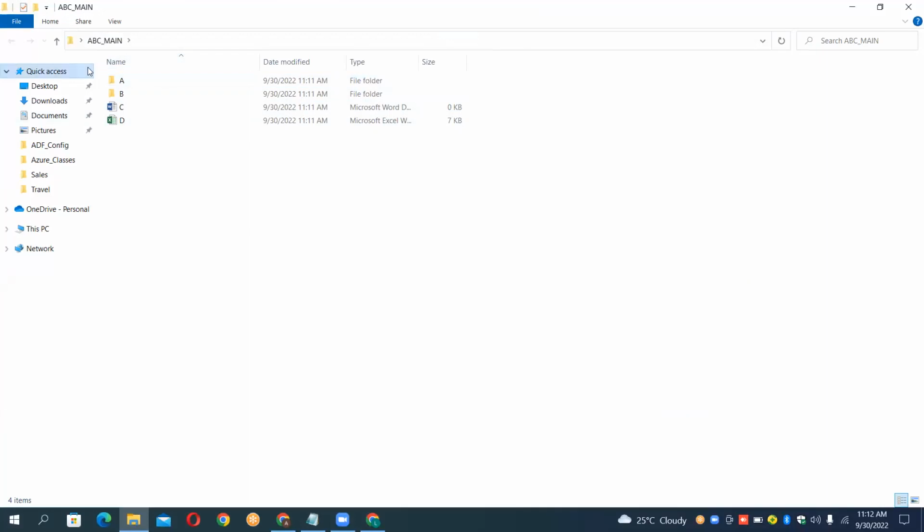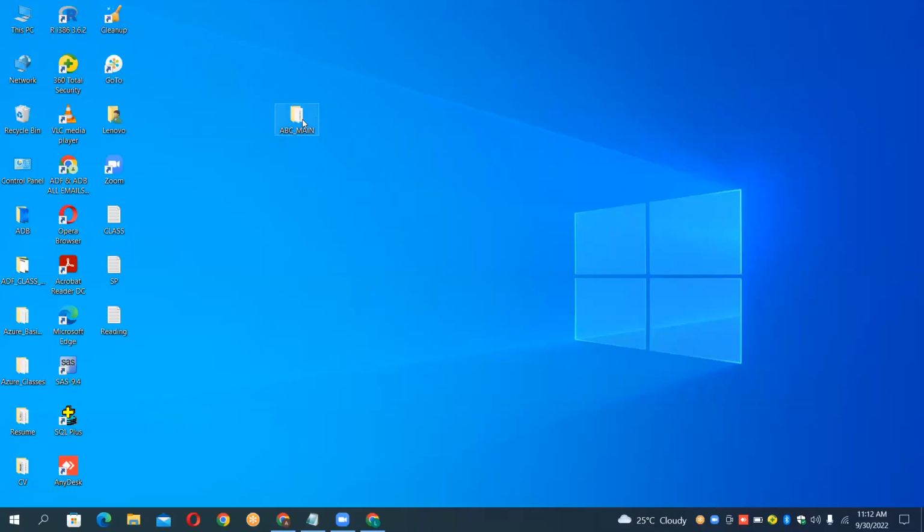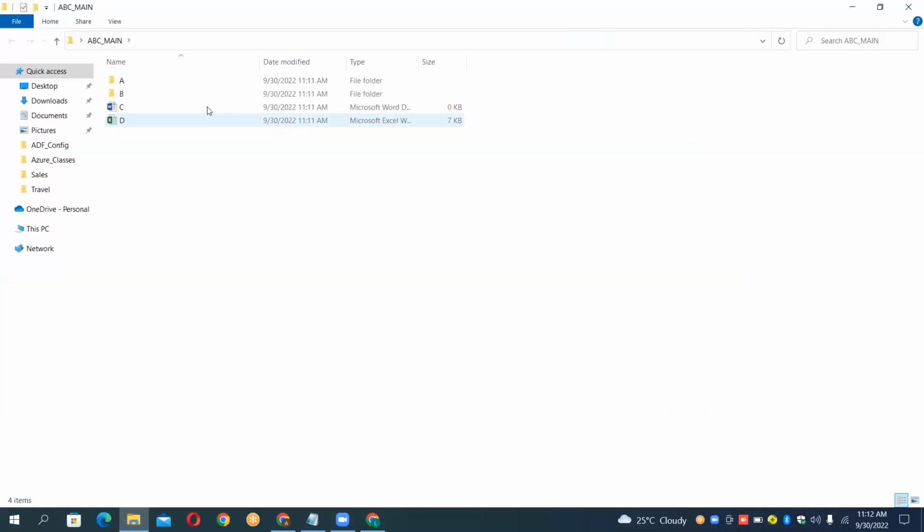And the main folder name is ABC main folder. In the same way here also, the resource group is like your main folder, which holds the entire process. That means within this resource group, you will have the workspace, the clusters, and the notebooks. The entire data pipeline can be recorded or loaded into a single resource group.